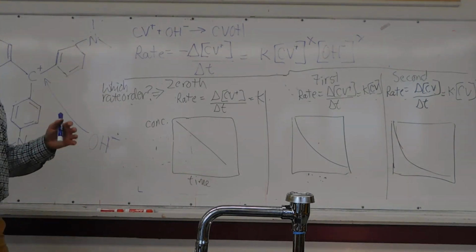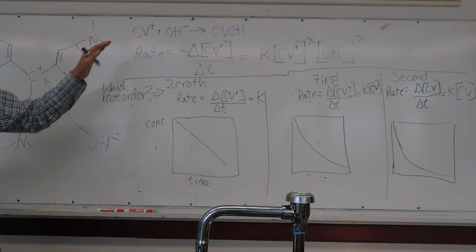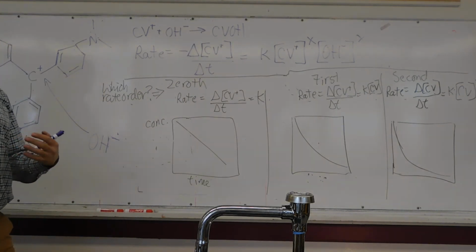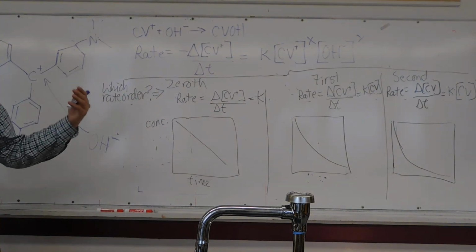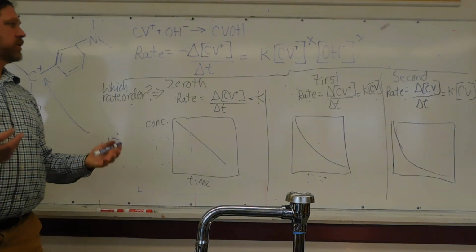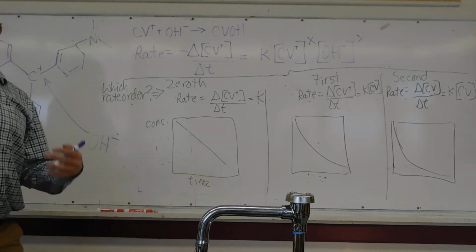This way, we can experimentally derive what kind of reaction we have with crystal violet reacting with sodium hydroxide to make crystal violet hydroxide. We can find its overall rate order with respect to CV, and we can derive the constant for this particular